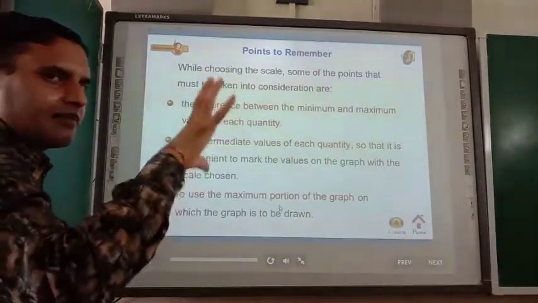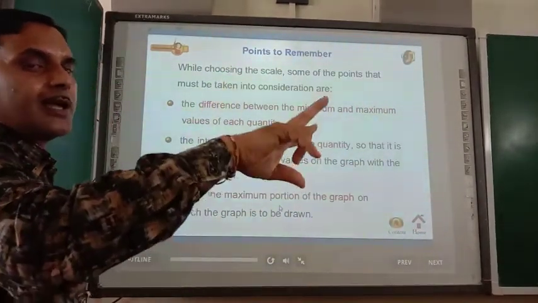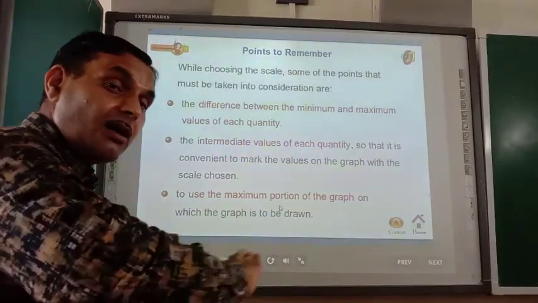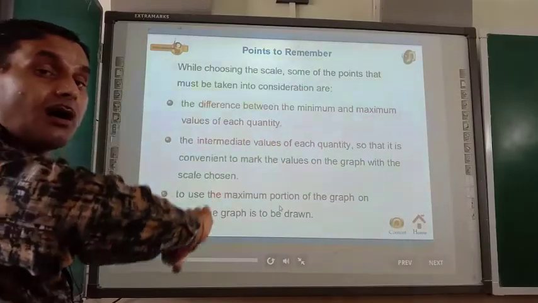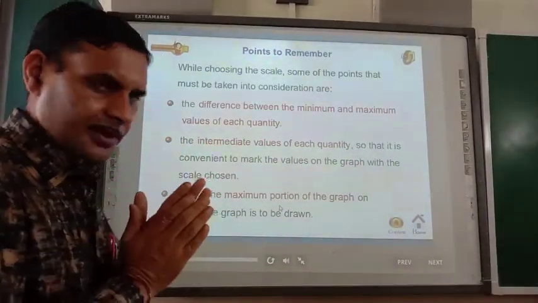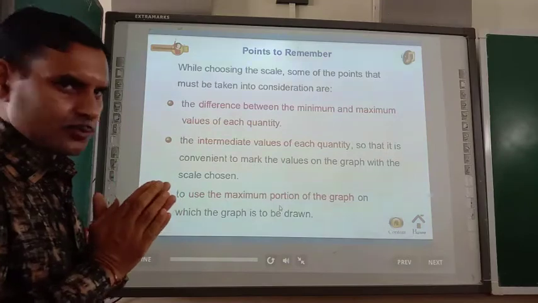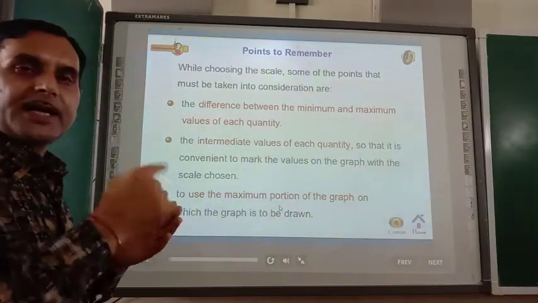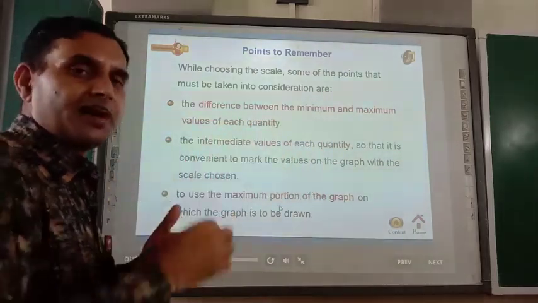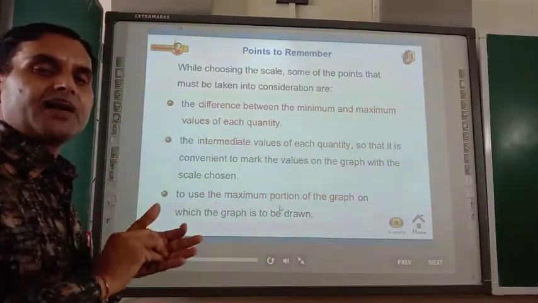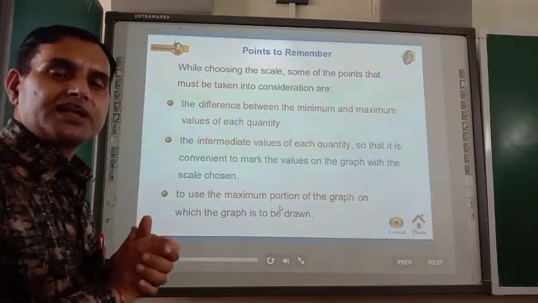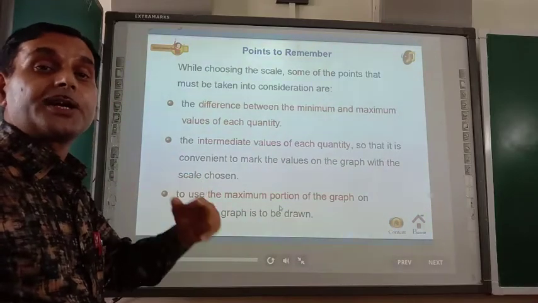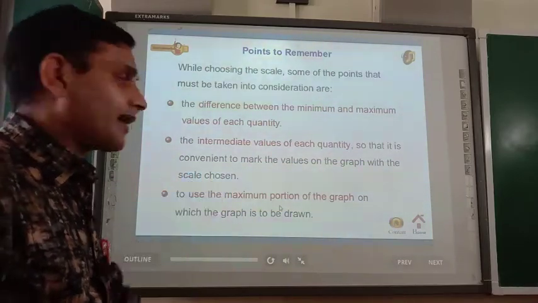Suppose you have selected time. The gap between two consecutive times should be constant for all the intermediate times. I am explaining, don't worry. Suppose the first point was 5 minutes, and the second point, suppose 10 minutes. Between 5 minutes and 10 minutes, how much gap is there? A 5 minute gap. This gap should be maintained till the last quantity of the graph. Are you getting my point or not?